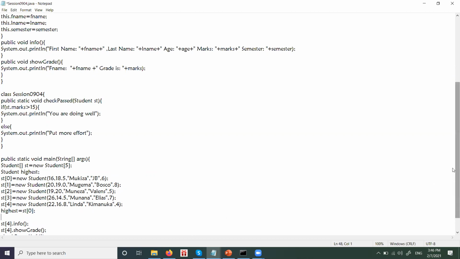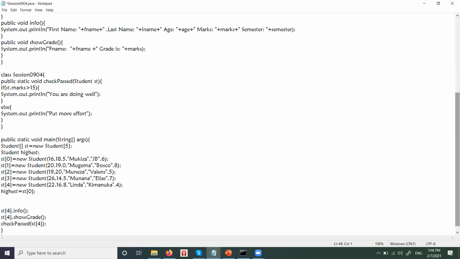Then we need to check. How do we check if this has the highest marks? We need to iterate. We need to iterate through all the students. st.length, yes, i++. We need to iterate. How do we iterate? So we check for every position if st[i]